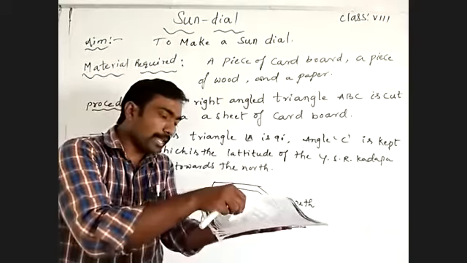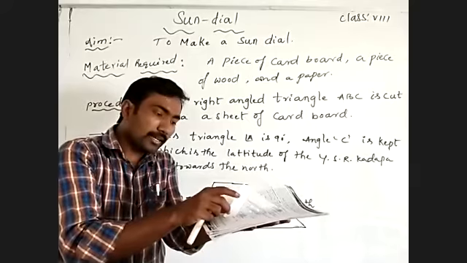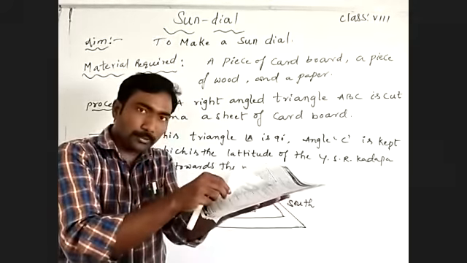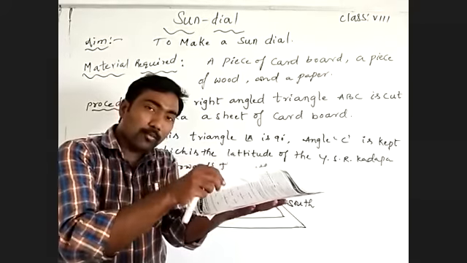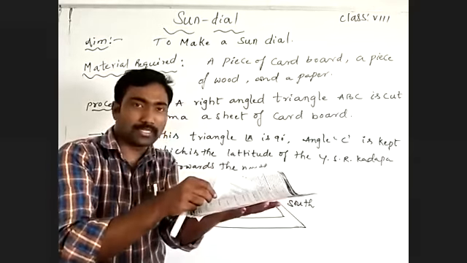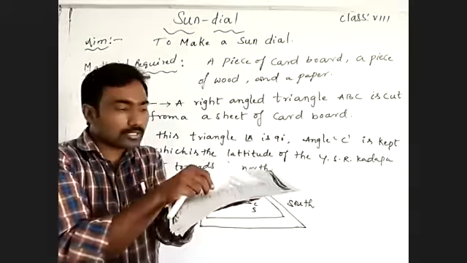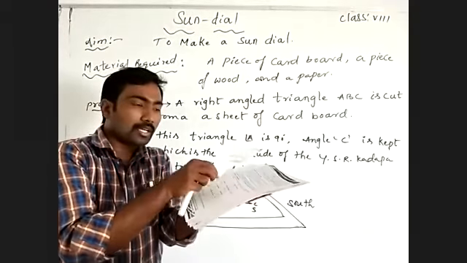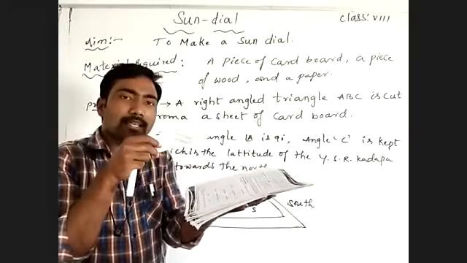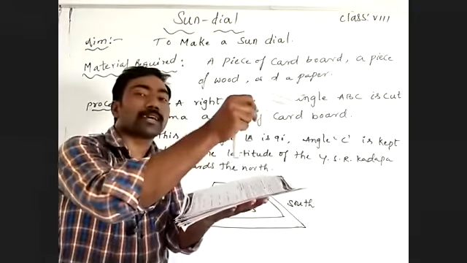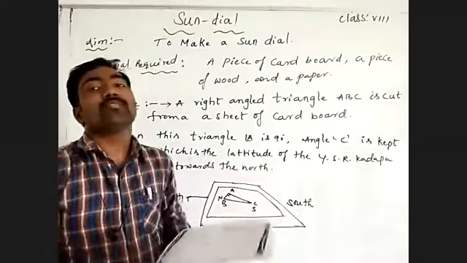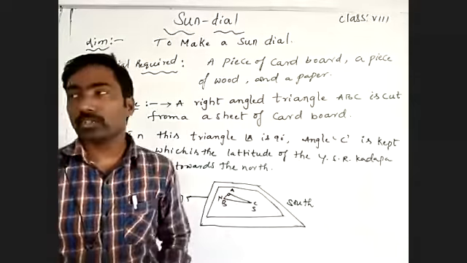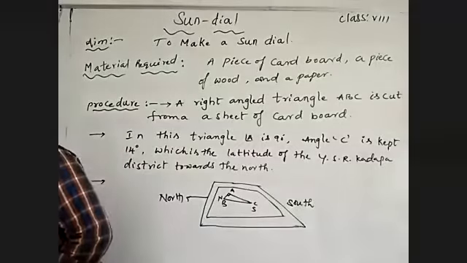And this is angle C, downside near to me. That angle we place at 14 degrees, the latitude of our place, and towards the north, as we are arranging that equipment. So C is towards us and B should be towards the north direction. The C we are placing at 14 degrees latitude of our place.